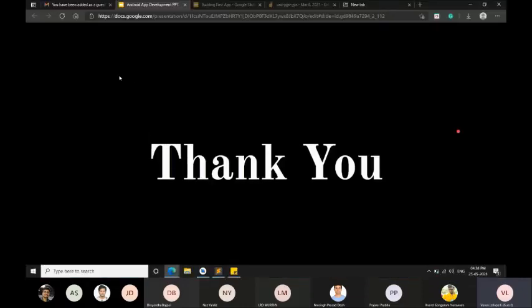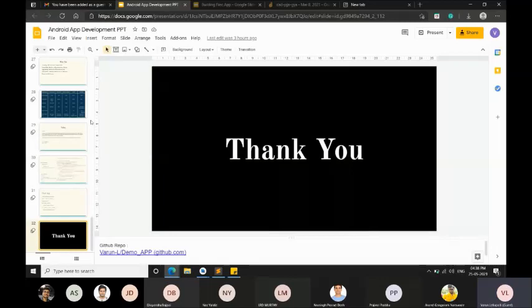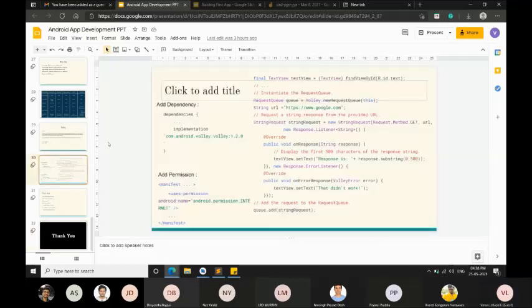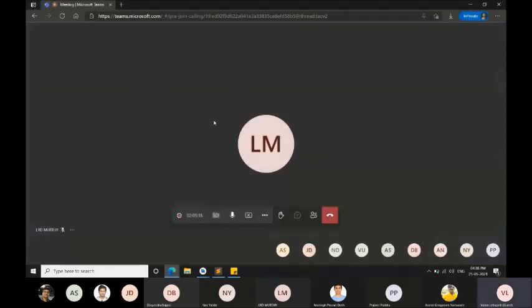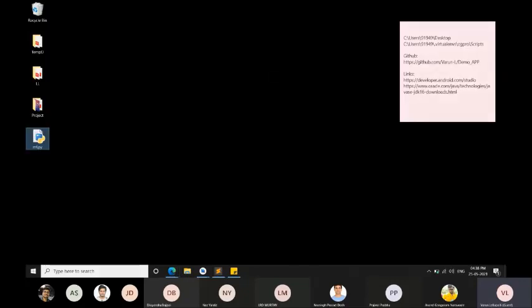It is a very basic thing, but I will show you a small demonstration of the application, how it works. Web service is pretty simple. I have created a small Flask server.